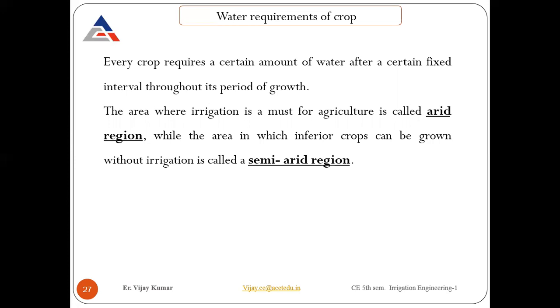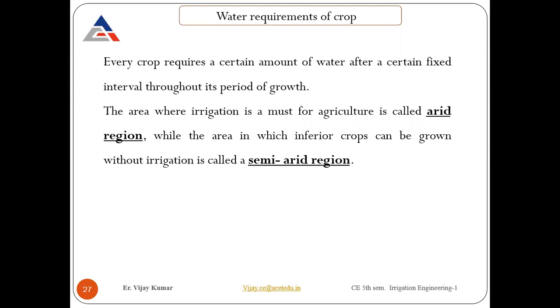They require a certain amount. Like cotton requires water once after a week. Rice cannot hold water for that particular time, so we need to supply water to the rice day by day. So depending upon the crop and environmental conditions, there are some other parameters we need to address. Not only the crop, but environmental conditions also affect the water requirement of the crop.